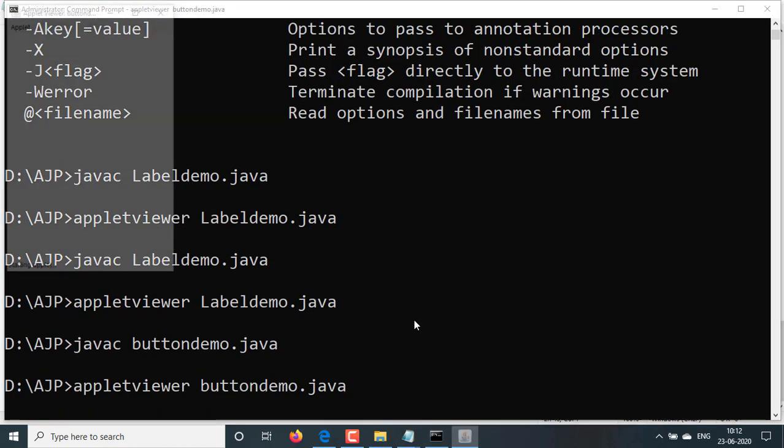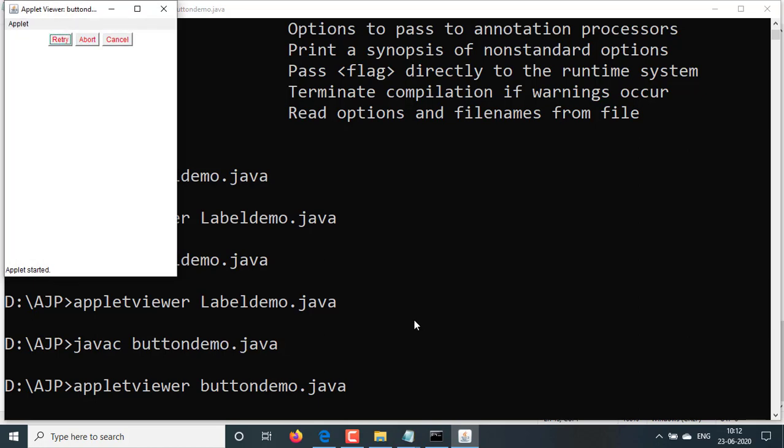Press enter. On screen we see three buttons: Retry, Abort, Cancel. These are the three button GUI controls, and we have set the foreground color as red, so these strings are displayed in red.